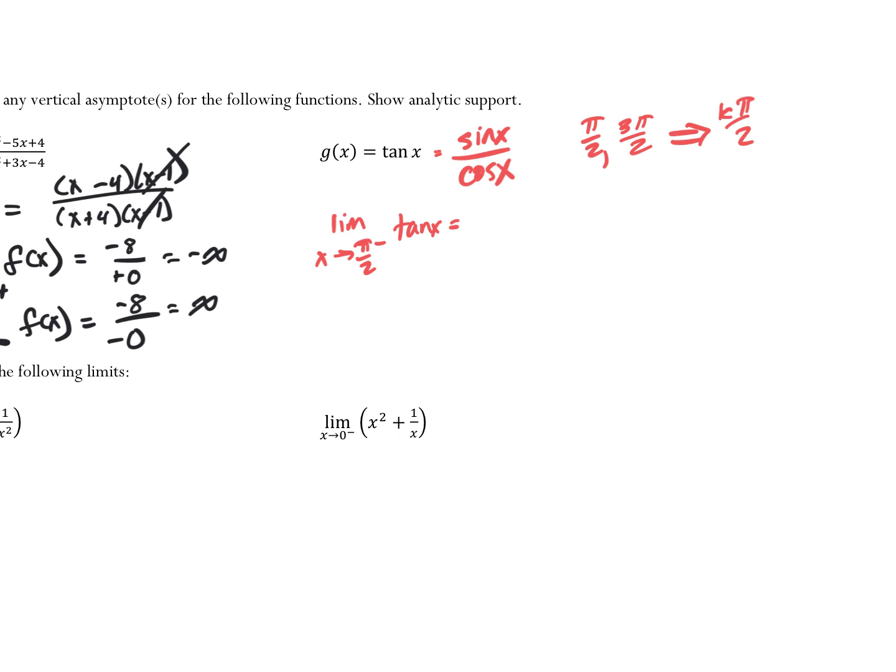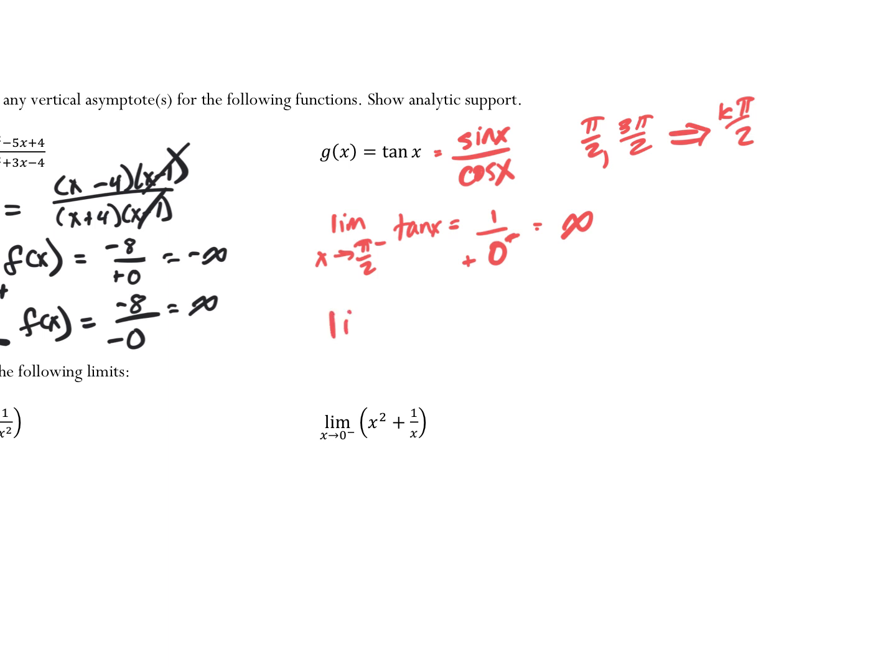Great. So what's happening at tangent as we're approaching it from the first quadrant? Well, we can think of it as sine over cosine still, right? What's happening to sine as we approach from the first quadrant? It's approaching 1. And cosine is approaching 0. But are the values of cosine positive or negative in the first quadrant? Positive. So it's approaching 0 from the positive side. Everybody good? So I would call that positive infinity.